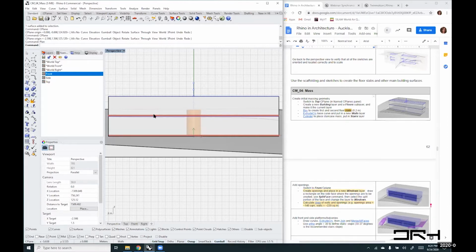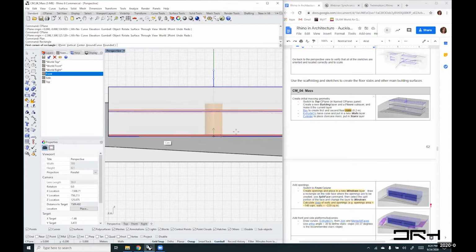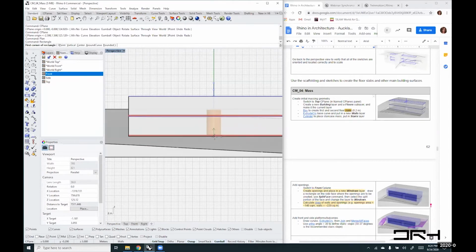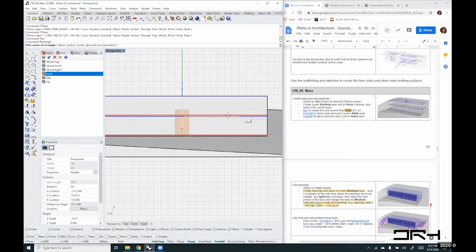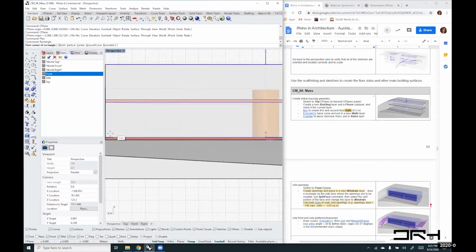So what I'll do is I'll draw a rectangle, and just roughly here, because what you want to do is just have a place where your window is. If you want to accurately draw your rectangles so that it's certain dimensions, then you still can do that by specifying the width and the height. For now, I'll just